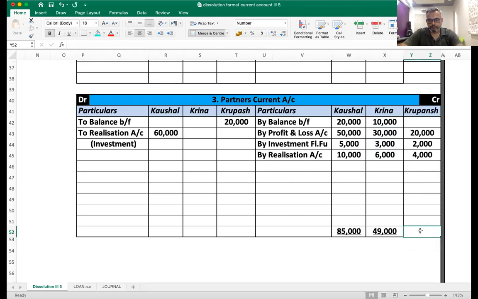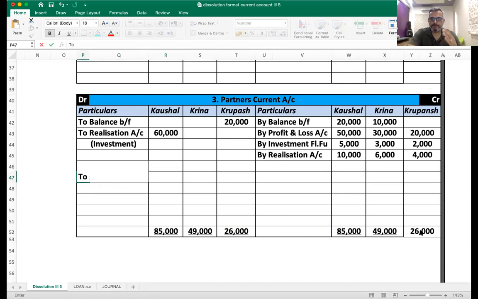Okay, so we do the total over here, 26,000. Now, same thing we write over here on the debit side, and we find the balance. Now this balance of current account will be transferred to capital account, and from that we will pay off cash to the partners. So to capital account,